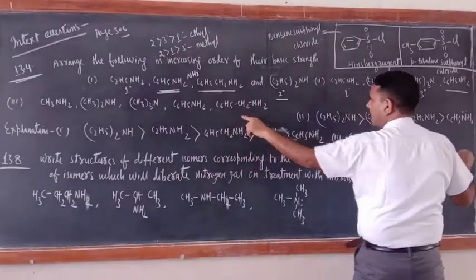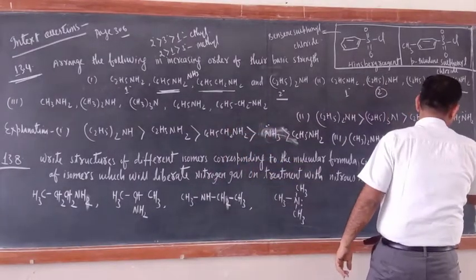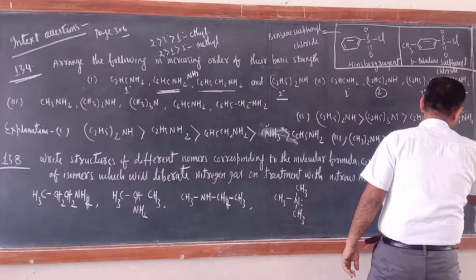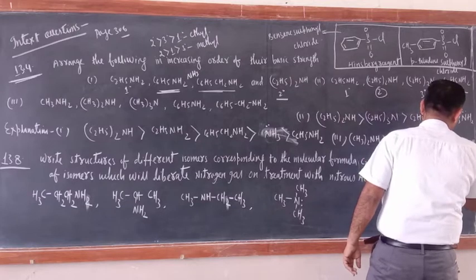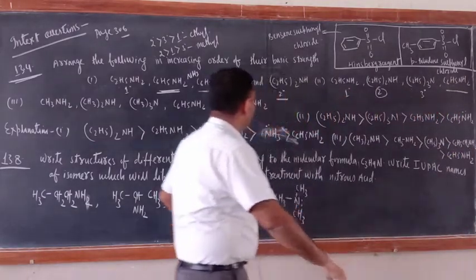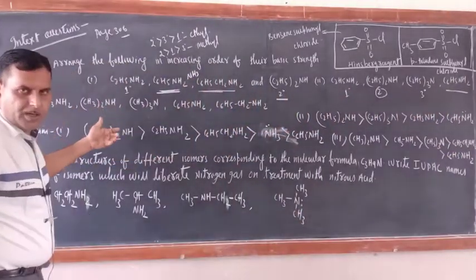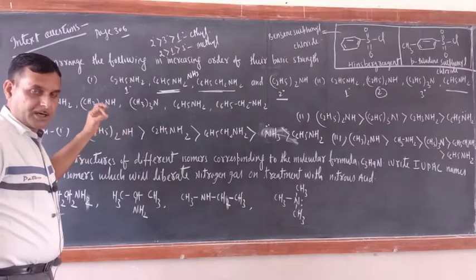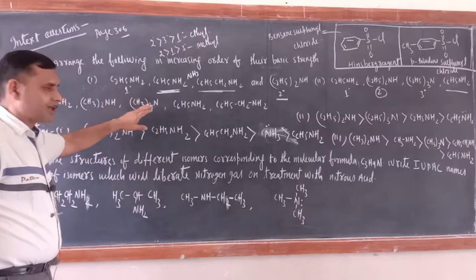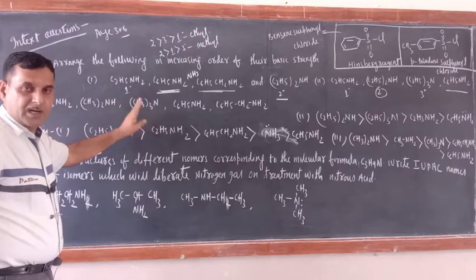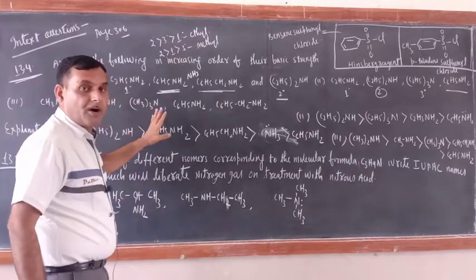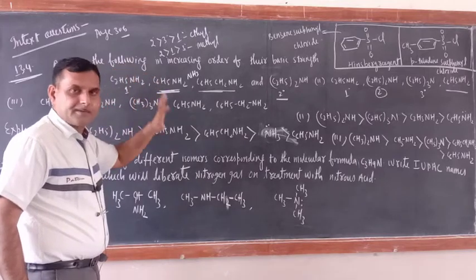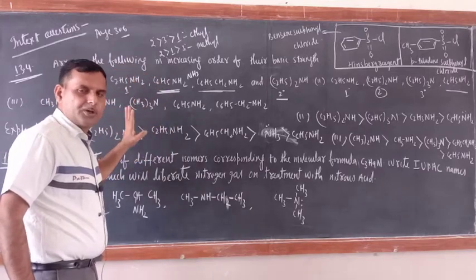So here you will write C6H5CH2NH2, and at the end C6H5NH2. Okay, this is there. Now all these, how I wrote this order? Because I have explained the order. Now just see, here in the question they have given the arylamines also, alkyl arylamines also, but in explanation they have not explained anywhere in the book, but I have told you.